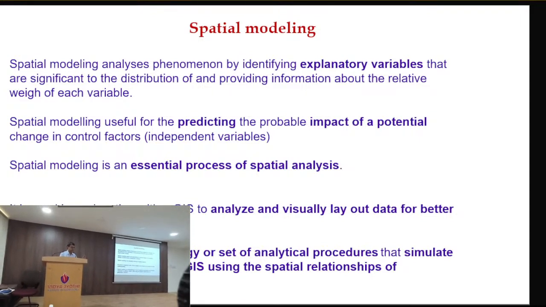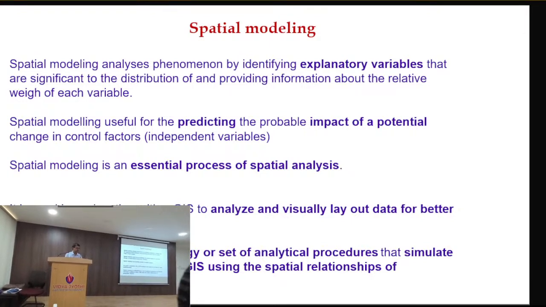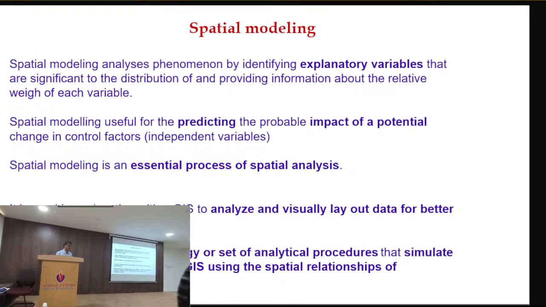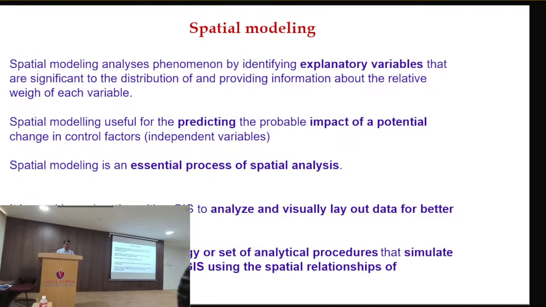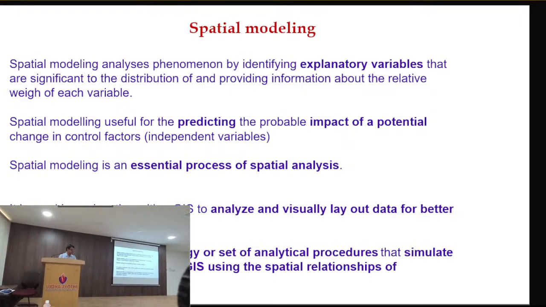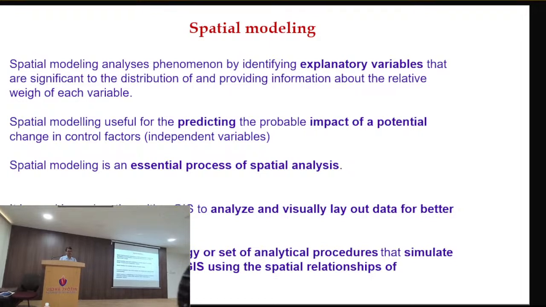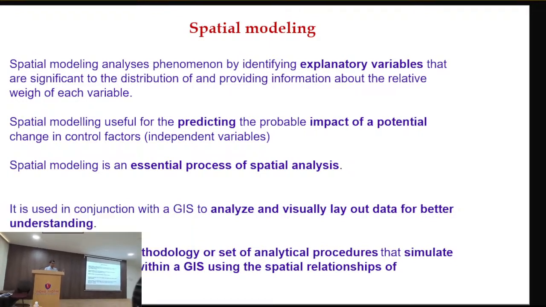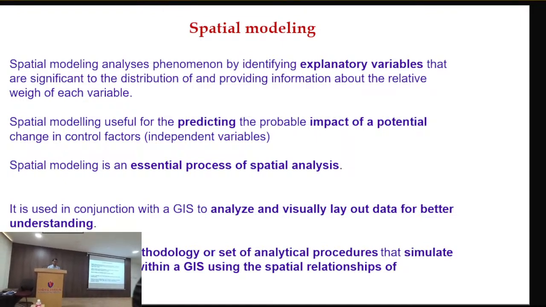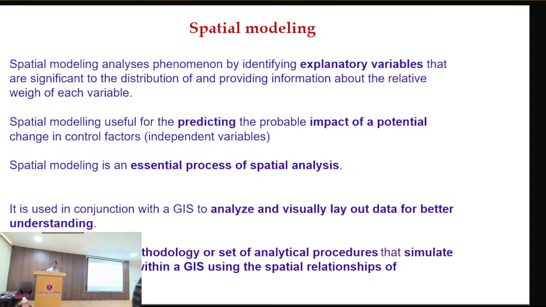So model behavior changes when you have inputs of diversified parameters. When you have diversified inputs, when you have satellite imagery as one of the inputs, when you have a GIS file as one of the inputs, when you have a different algorithm as one of the inputs, the result will vary. So how accurate the results are, and how suitable they are for your process, that kind of information is called the spatial model.